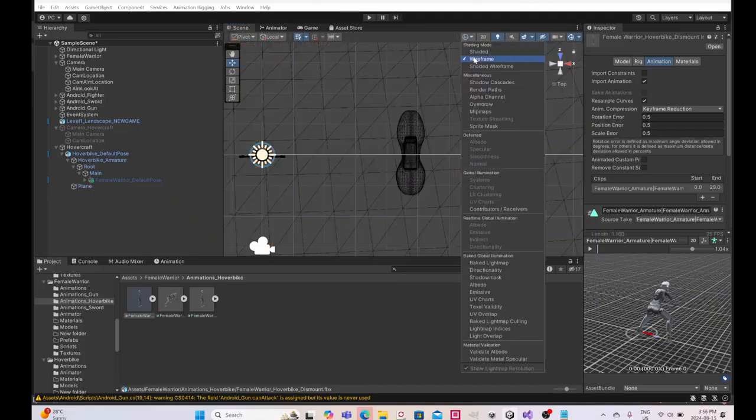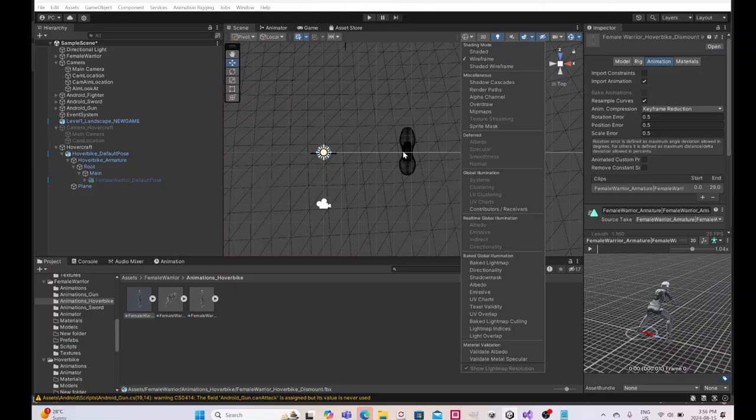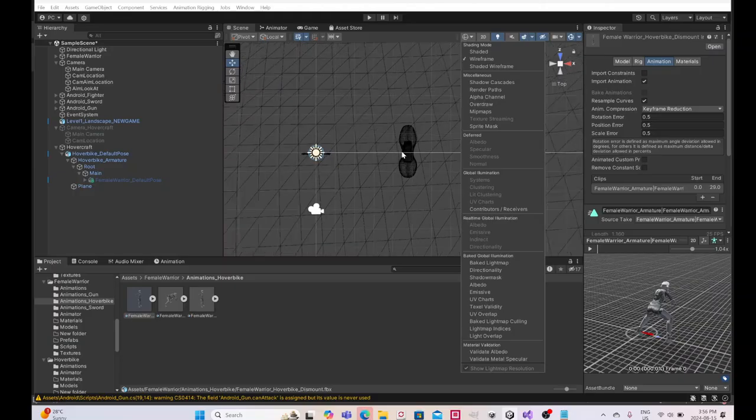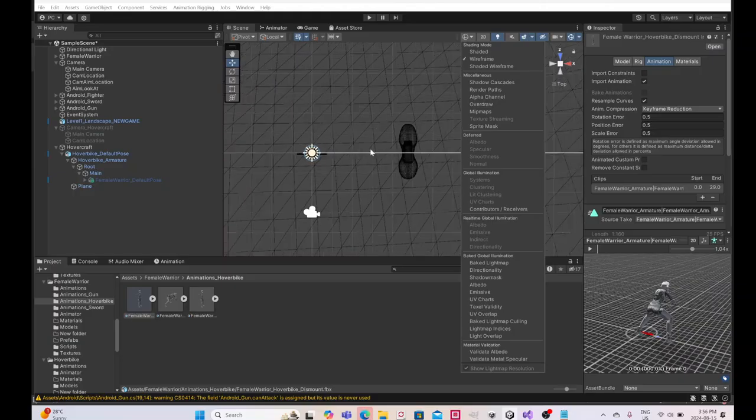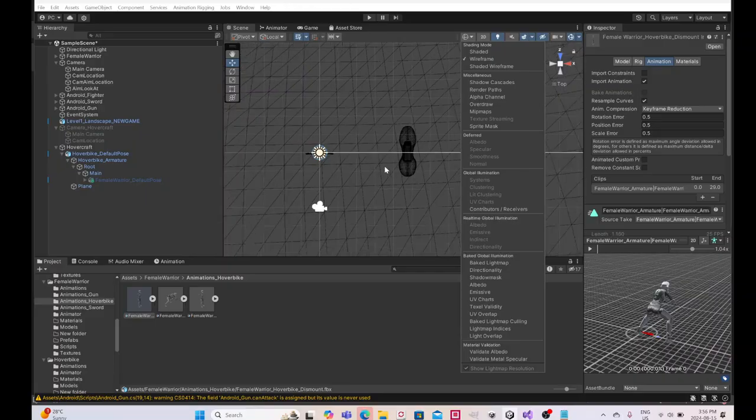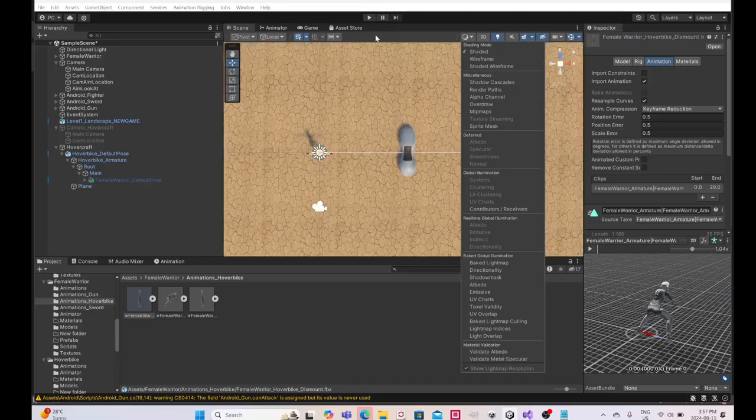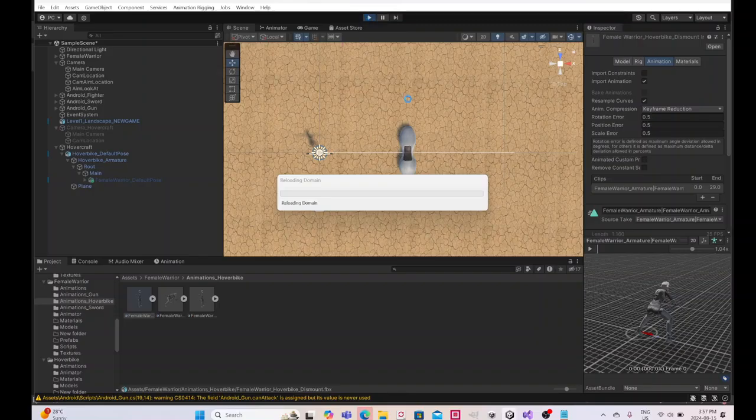If I go into wireframe, okay, I can see all the squares. So each of these squares must be 1 unit. I must have been like 10 out here with the hover bike. So if I set it to 1, maybe that's better. So if I'm right, then